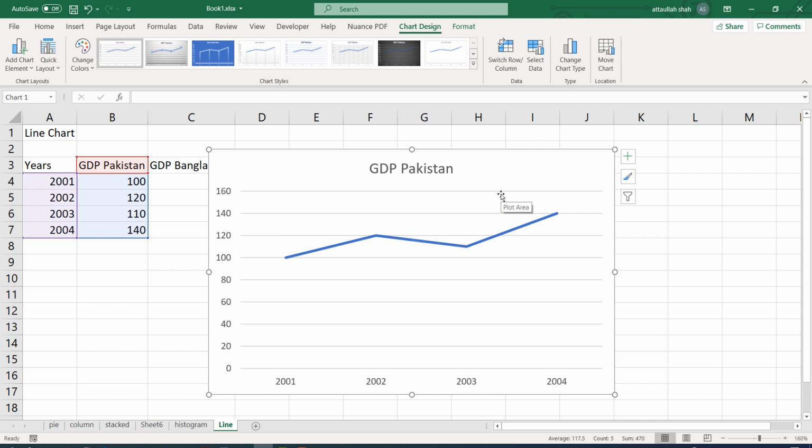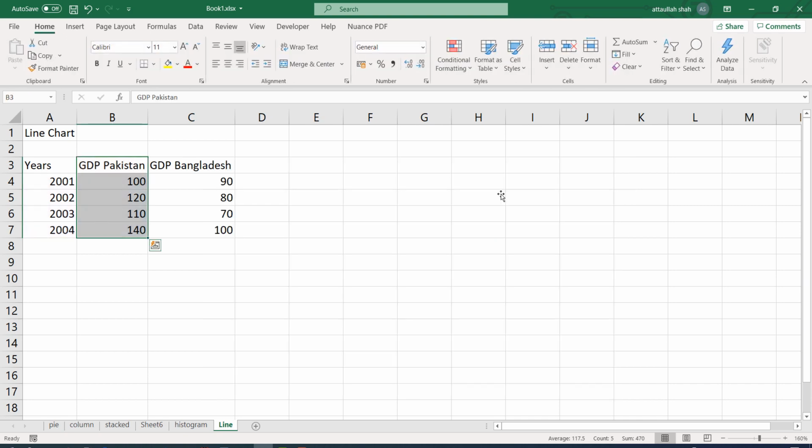If you have more than one data series, let me delete this chart again. You can select both of them at once.